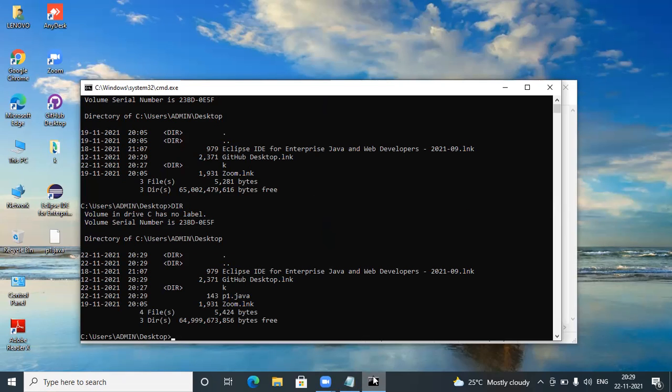Now you can see here, it's showing you the K folder and P1.java as well, right? 22/11/2021 P1.java, right? So it means that in the Desktop the P1 file is there. Now how are you going to run the file? Just type here javac P1.java. What is the command for running it? javac P1.java. Type it there.